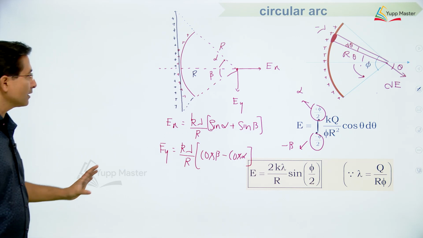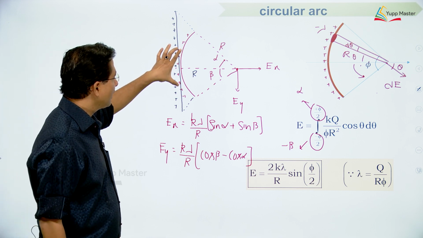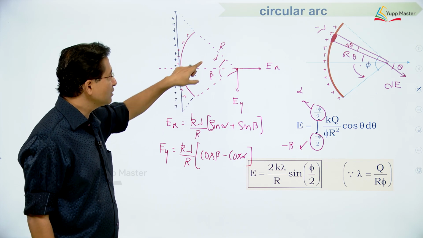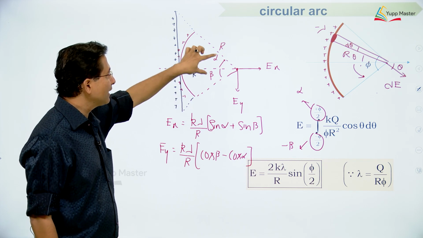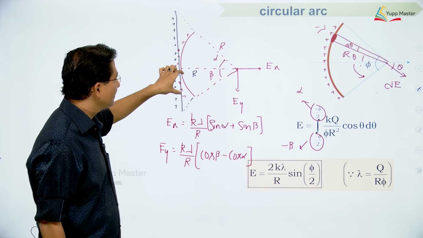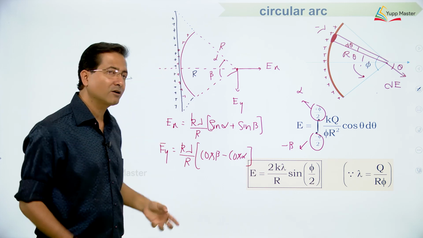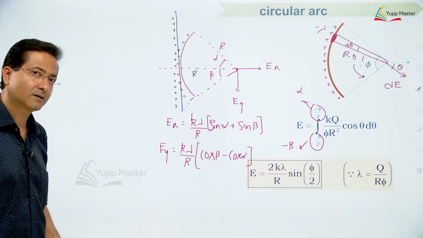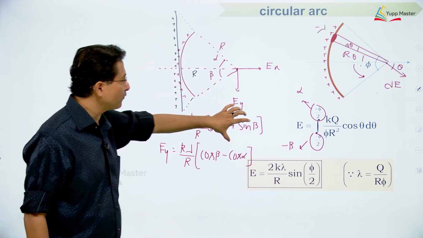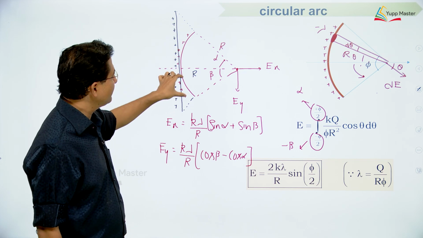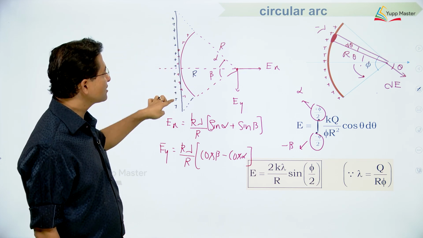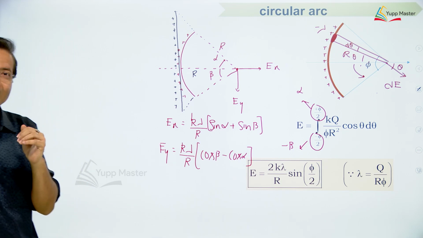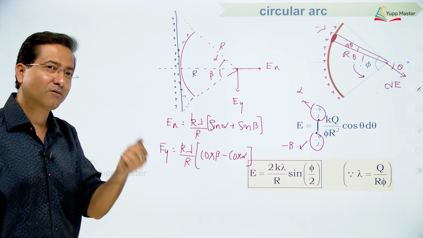So, for applying the formula for a ring where these two angles are not the same, you can make them straight and you can apply the formula for a straight wire, or you can do the reverse, right. If you can remember the formula for this one, make this straight and you can apply the same formula for this wire. This way we can easily remember the formula.